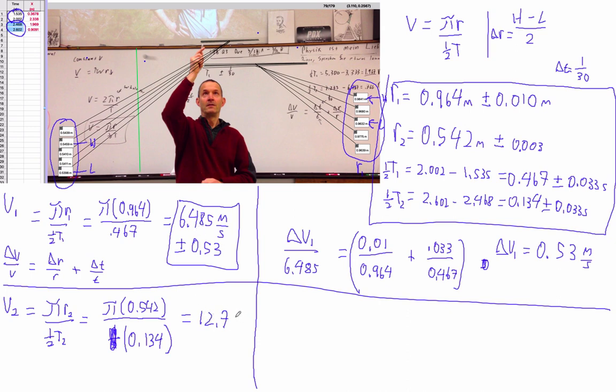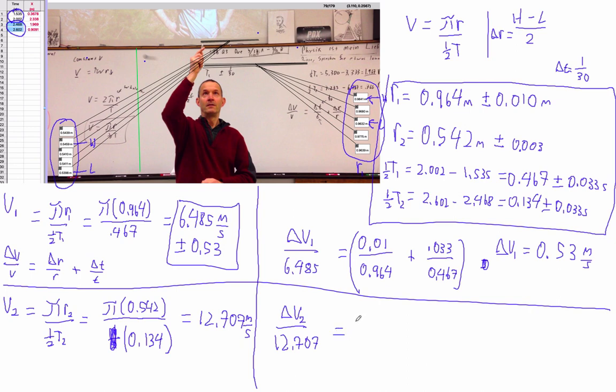I'll say it's 12.7 meters per second, right? It could be, though, that if the uncertainty of this is like 6, then we really haven't shown that it couldn't be a constant velocity. So let's figure out the uncertainty of this guy. So the uncertainty of V2 over, it's not looking good, though, for the constant velocity model, right? 12.7